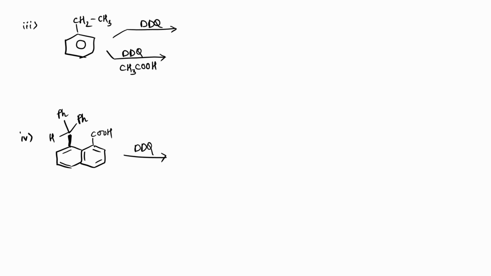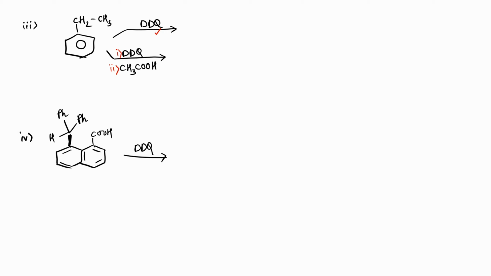In this example, if you observe carefully, there are 2 sets of reactions carried out on the same substrate. In one reaction we are just using DDQ as a reagent, but in the second reaction we are treating the substrate with DDQ and later with acetic acid. So clearly the product formed will not be the same. First, let us see the reaction if there is just DDQ present.